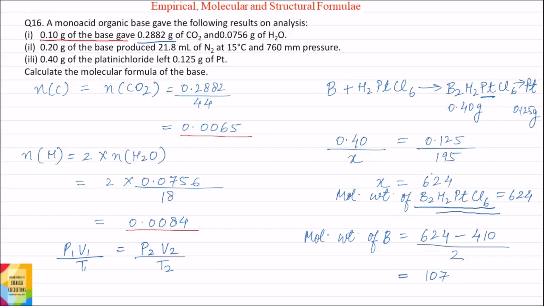So given pressure is 760 millimeter of mercury, volume is 21.8 milliliter, temperature is 15 degrees centigrade or 288 Kelvin. Putting the values of P2, V2 and T2, and value of P1 will be 760 millimeter of mercury, T1 will be 273 Kelvin. The value of V1 is equal to 20.66 milliliter. Now moles of nitrogen gas will be equal to volume of nitrogen, that is 20.66 milliliter, divided by